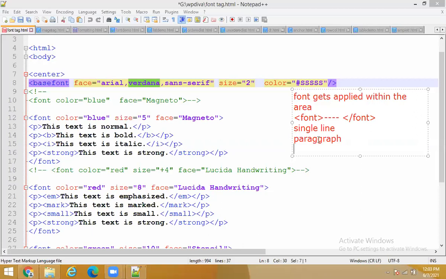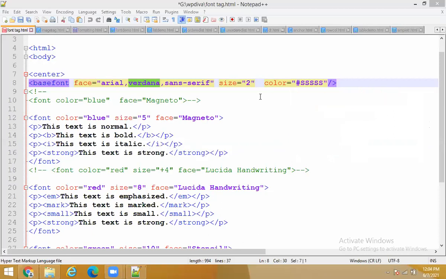Okay, just make a note for the spellings. Make a paragraph, or you can also take it for multiple lines. Yeah, so this is for single line, whatever I'm using now. How will you do it for multiple lines? This one, you will open here and then close it wherever it is needed. So here, it is for multiple lines or the entire paragraph. In this way you can apply.